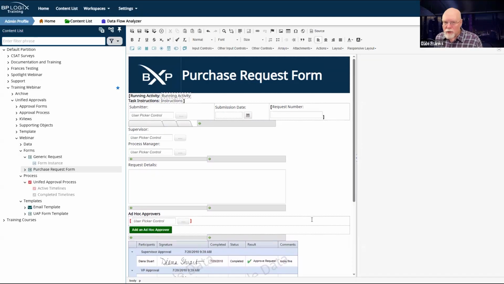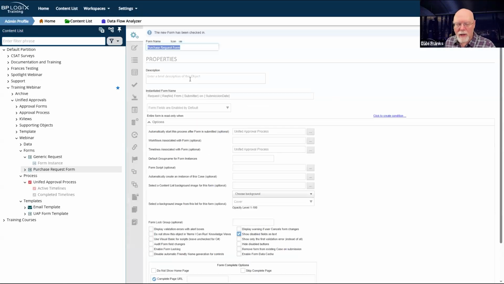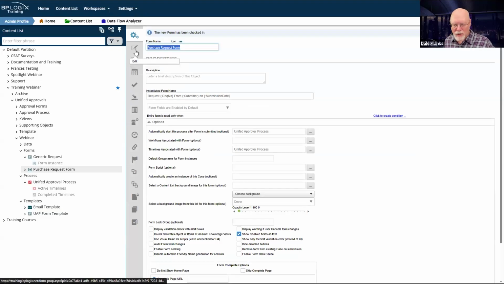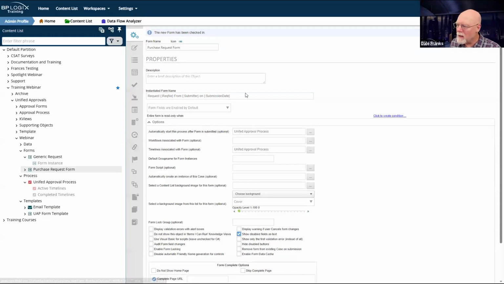Now, because it's a purchase request, it does affect how the process timeline works. The process timeline for unified approvals can be complex. Let's save and close our form for our purchase request, and let's go look at our process timeline because I've made some changes to it. I'm going to have to make a couple more here as I develop my form.